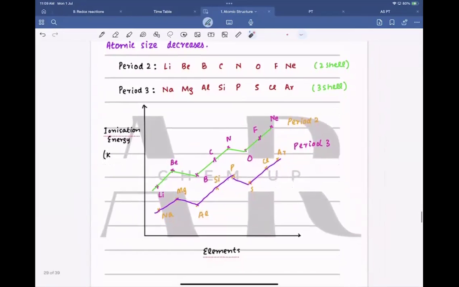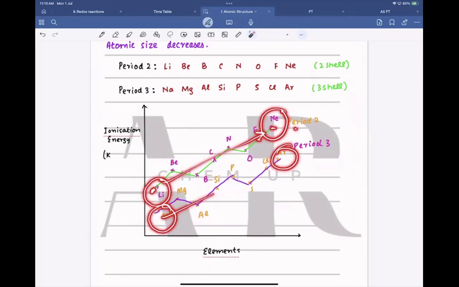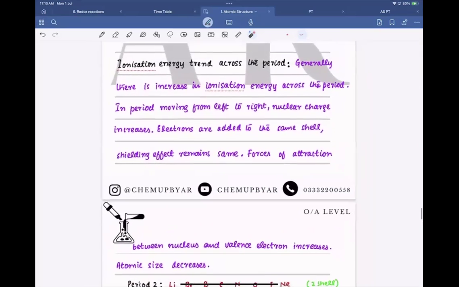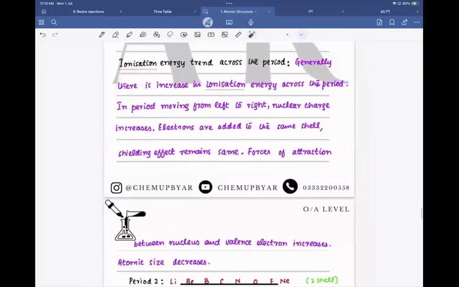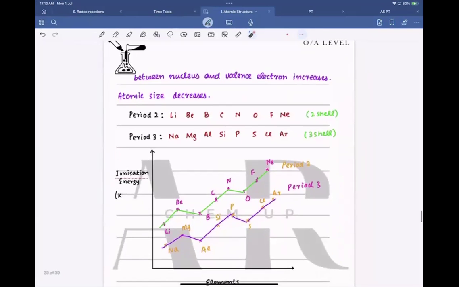See, here I have made group period 2. So from the first one to the last one, there is an increase in ionization energy. In period 3 as well, from first to the last one, there is a general increase in ionization energy, and the reason is the same. That's what we have discussed: the nuclear charge is increasing, distance is decreasing or remains the same, shielding effect remains the same, hence the forces of attraction get stronger and the ionization energy increases, right? But if you see